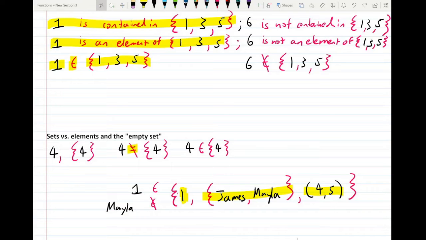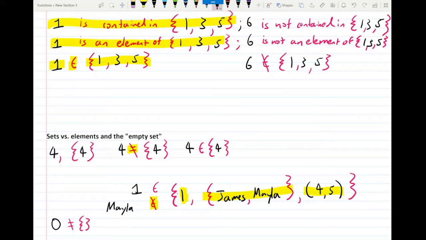And Mela is none of those 3 things. Mela is not 1, Mela is not the set containing James and Mela, and Mela is not the ordered pair 4, 5, so Mela is not contained in the set, even though it might look like she is. And finally, I see lots of students confusing 0, the empty set,